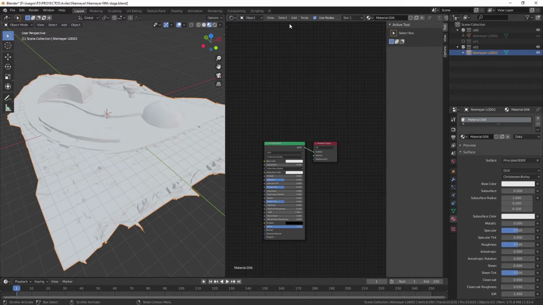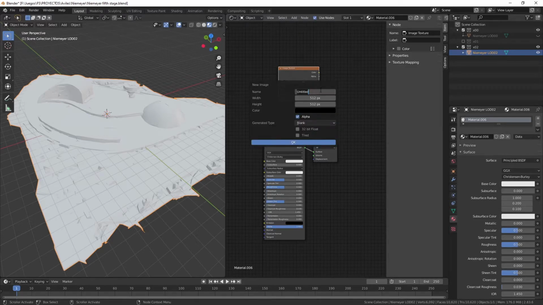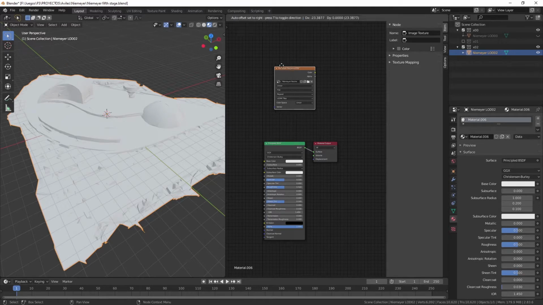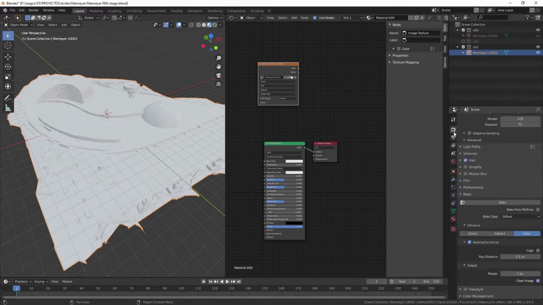So add texture, image, new, Niemeyer Noche LOD 02. Keep the same. I don't know if this needs to be clicked, I think. I don't know. Let's try. I'm going to bake again, and how this works is